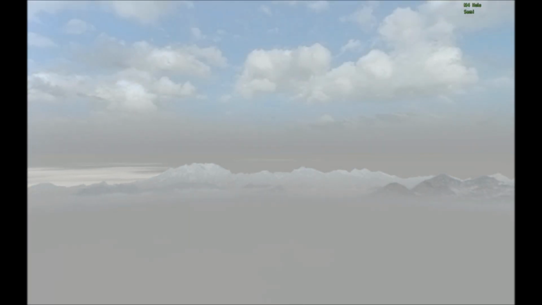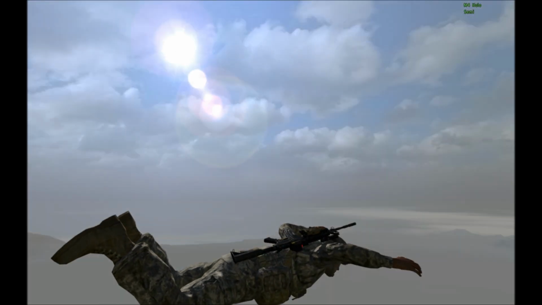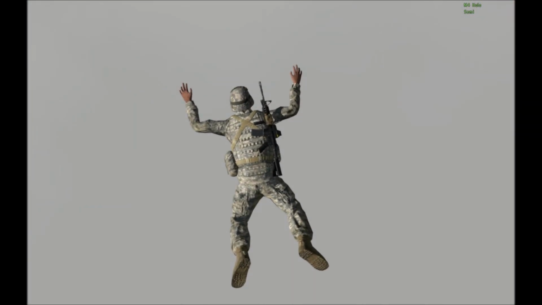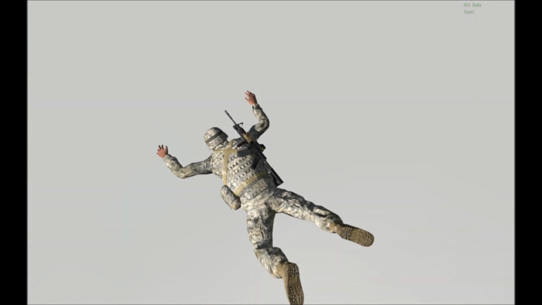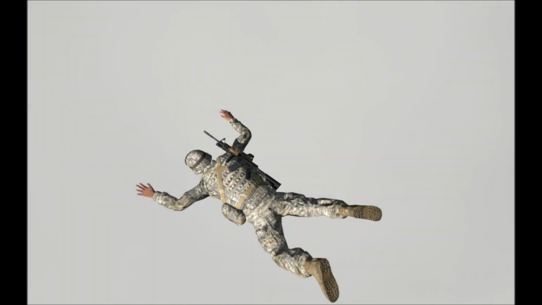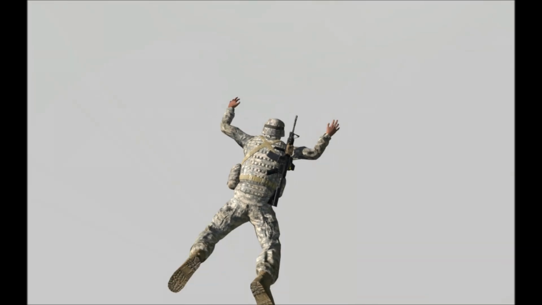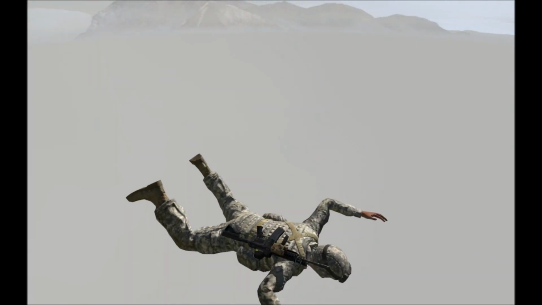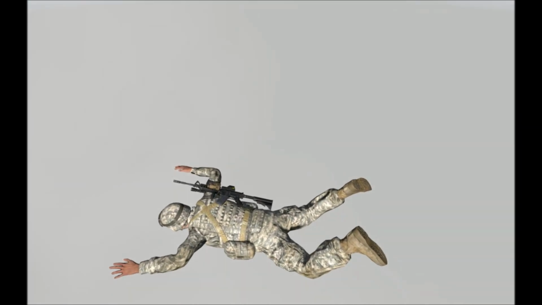Right, here we go. Nice skydiving position like so. I'll just tell you a few things about this. Don't deploy your chute until you get near the ground, or you will just be falling for at least 5 minutes to 10. All I say is deploy the chute when you're probably about 50 meters from the ground,